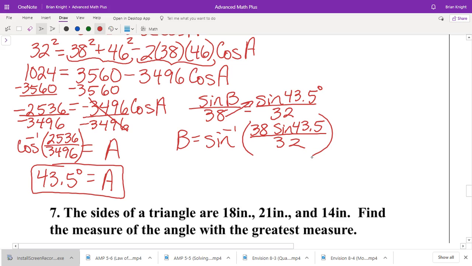When you're putting it in your calculator, your calculator will automatically open a parentheses after you put sine. Make sure you close it after you put the 43.5, okay? Otherwise, it's going to be taking the sine of 43.5 divided by 32, and you don't want the sine of that. You just want the sine of 43.5. Then divide that by 32, okay? This you should get